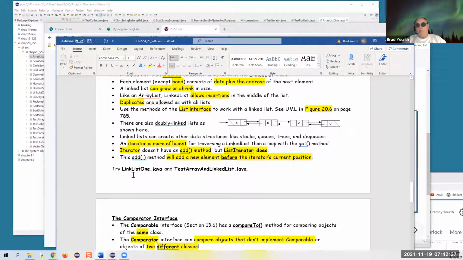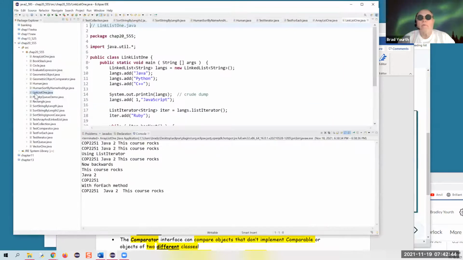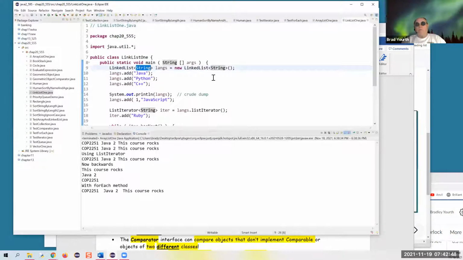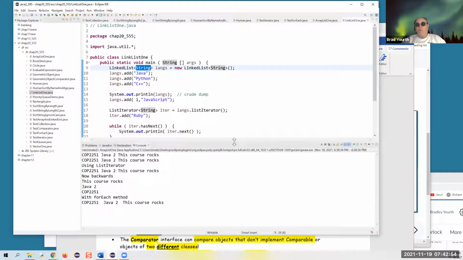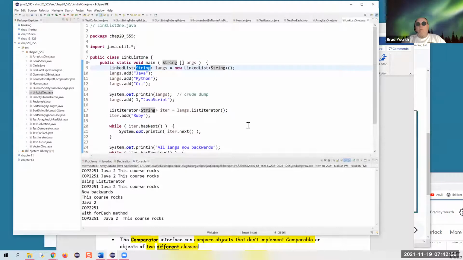We've got an example called linked list 1, and we also have test array and linked list. Let's take a look at linked list 1 here. We're going to make a linked list of strings, and what we're going to put in that linked list are the names of some programming languages, as you can see here. So we added Java, Python, C++,